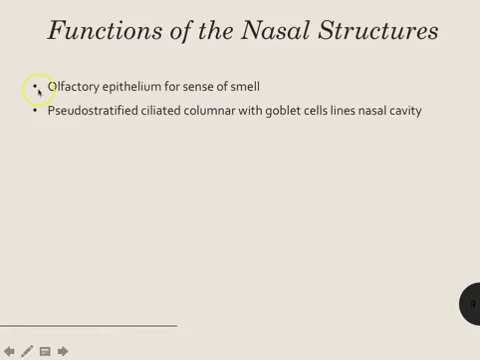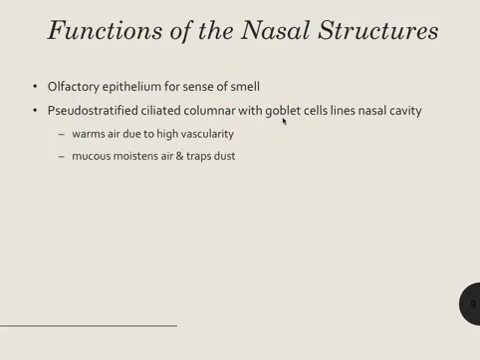Okay. Not surprisingly, olfactory epithelium is there for the sense of smell. We talked about that in 201. Pseudostratified ciliated columnar epithelium with goblet cells lines the nasal cavity. Right. One of its important jobs is to warm the air, as well as help moisten the air. I think we all have had the experience. We walk outside, it's pretty cold and dry outside, and it kind of hurts our lungs, right, to breathe in cold, dry air. So the job of those nares, or I'm sorry, the nasal concha,